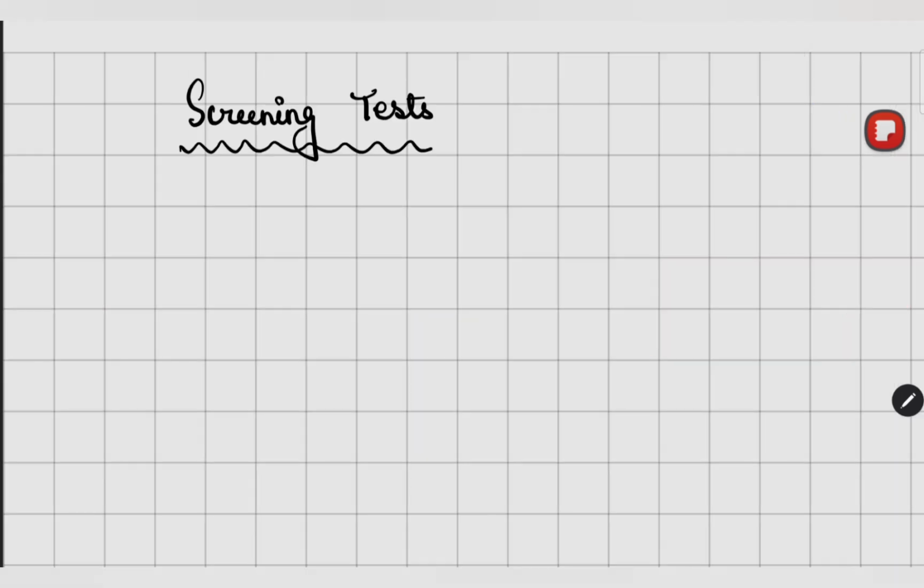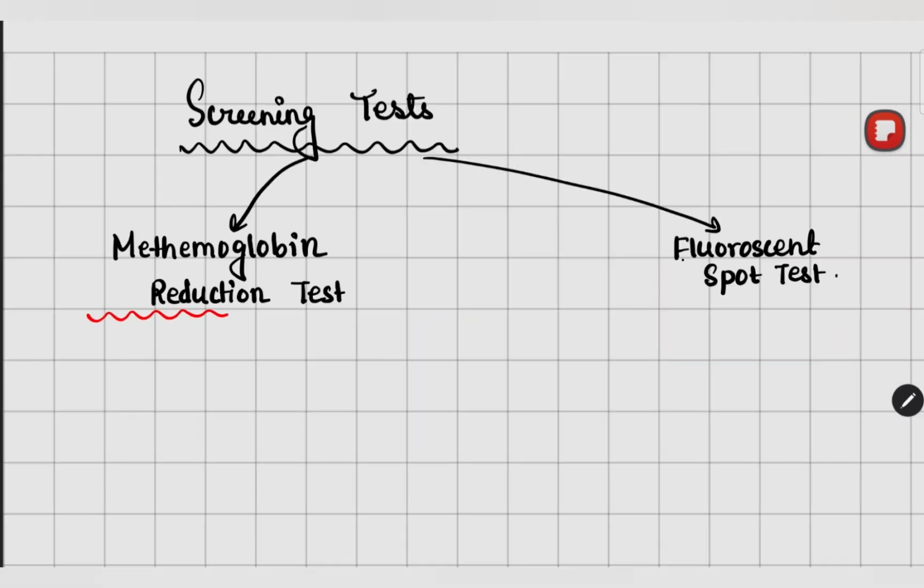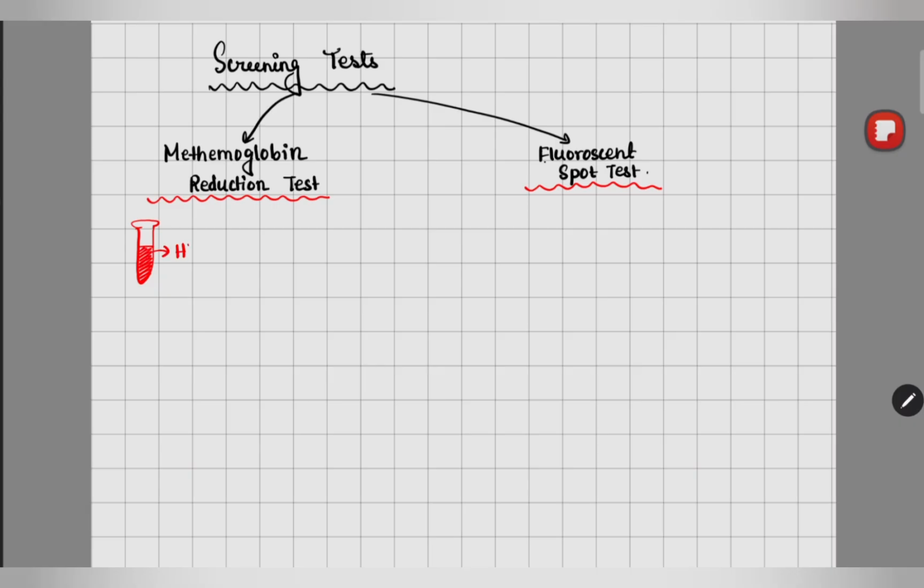Now, there can be two types of screening tests to find it out. One, methemoglobin reduction test, and two, fluorescence spot test. In the first one, we take a blood sample containing hemoglobin and we add sodium nitrite. This sodium nitrite will convert hemoglobin to methemoglobin, and there will be a change in the color from red to